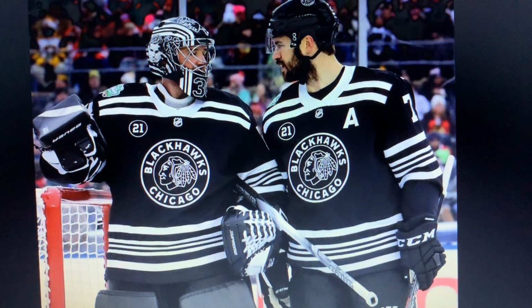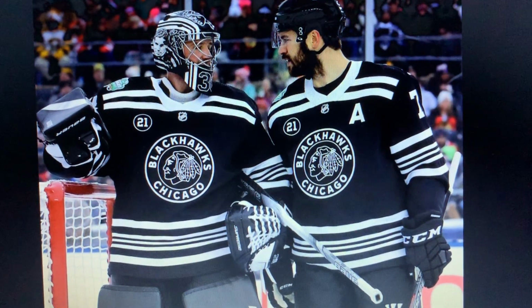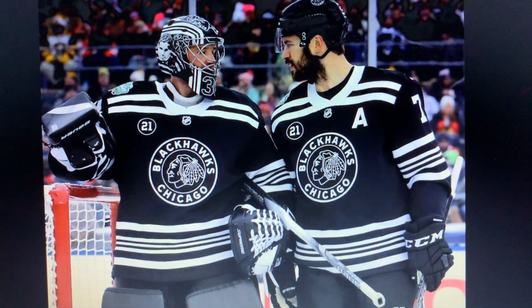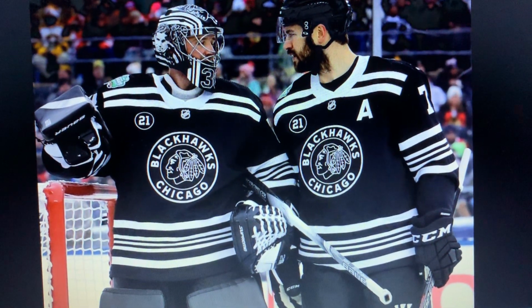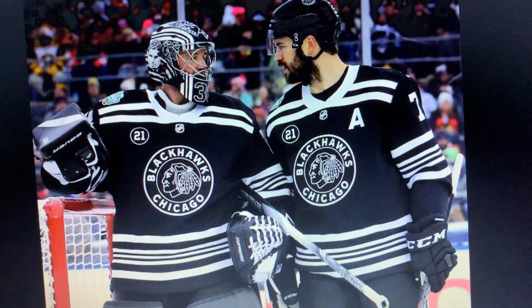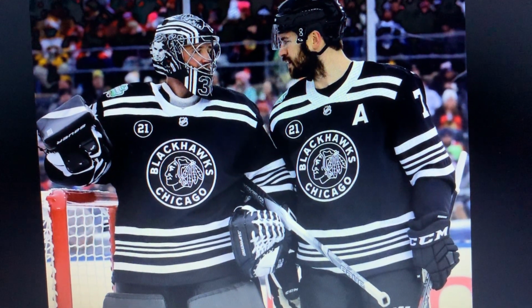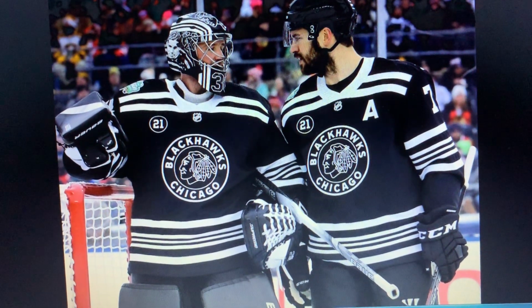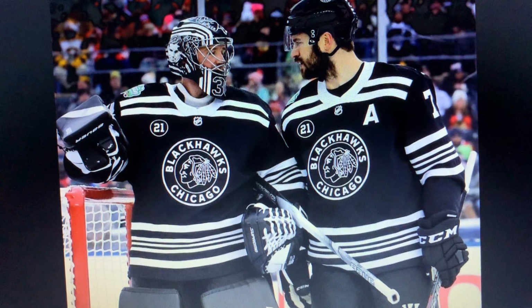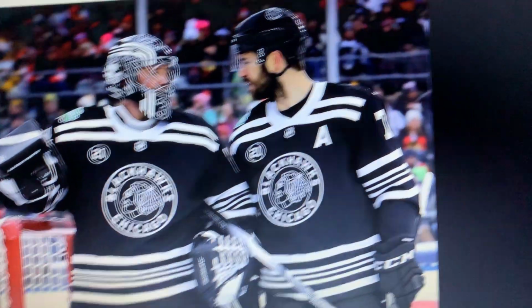And I think that this is a wonderful tribute to the 1930s uniforms that the Blackhawks wore 80 plus years ago. I really do believe that for a faux back sweater that's not a true historically accurate throwback, which it is a faux back, the Blackhawks did a really good job with this sweater. And I'm very, very happy to see this sweater coming back next season for the 2019-2020 season. So, to wrap this video up,